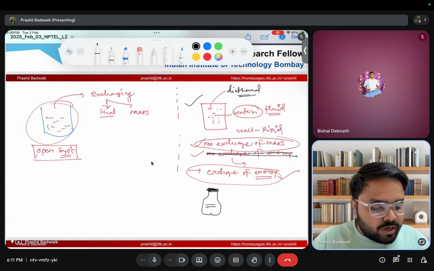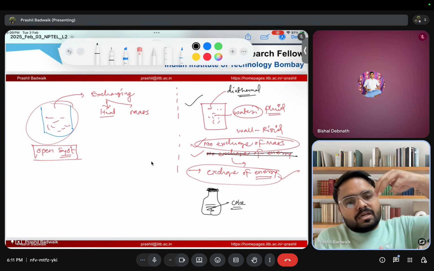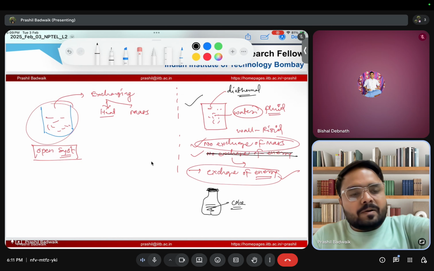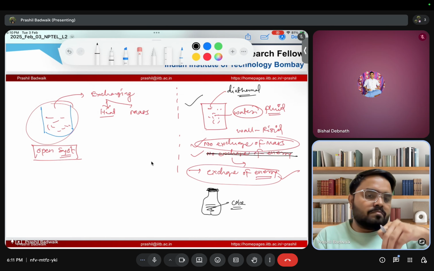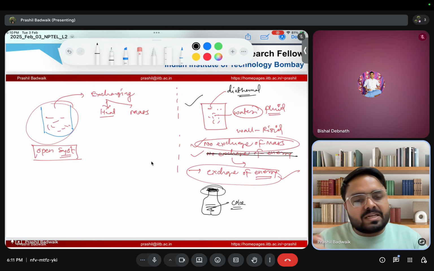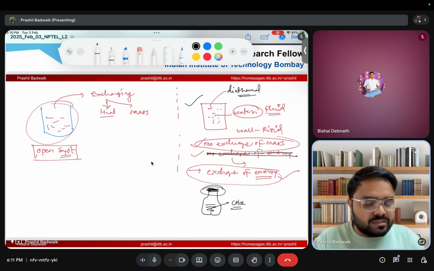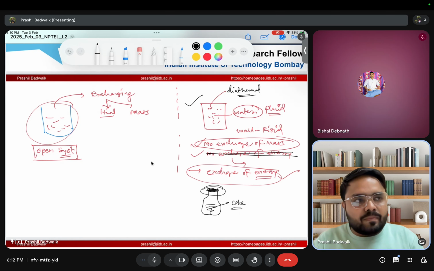It has coke inside, right? So what is happening, because the system is not exchanging, the cap is closed, right? The cap is closed over the top, and because of which no exchange of mass is happening, right? There is no exchange of mass, only there is exchange of energy because the material is made up of plastic,